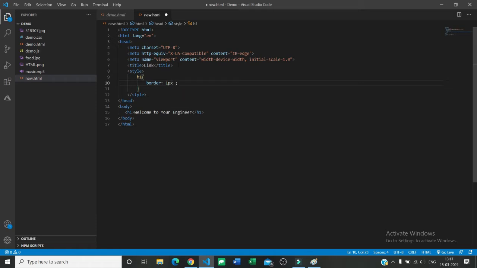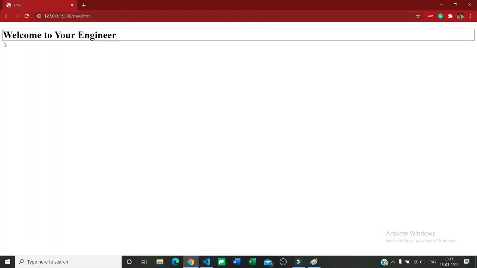Now I can give what kind of border I want: solid, dash, dotted. So let's say solid I am giving. And next I can give color. So let's give black. Now save it and see what happened. So you can see that here some border covered the welcome to engineer h1 tag. So that's how border works in CSS and HTML.